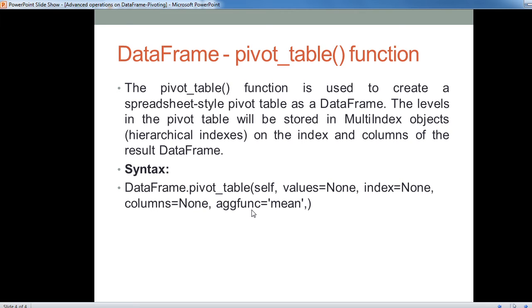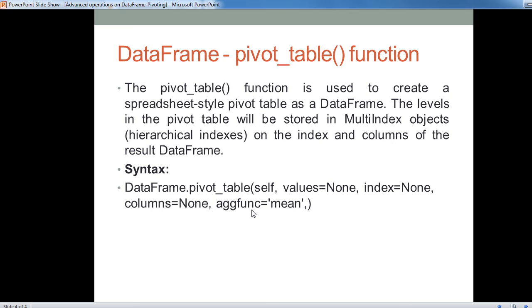Okay, so in the values argument we give the name of the column whose values are to be spread across the data frame, and in the index argument we give the name of the column which is to be treated as index, and in the columns argument we give the name of the column whose values will become the names of columns.